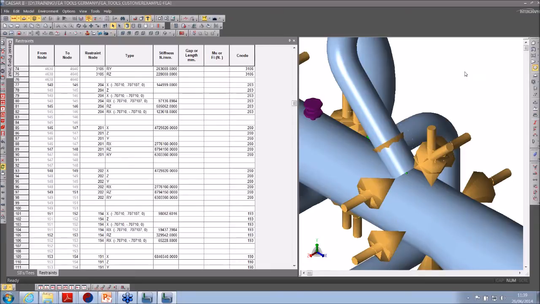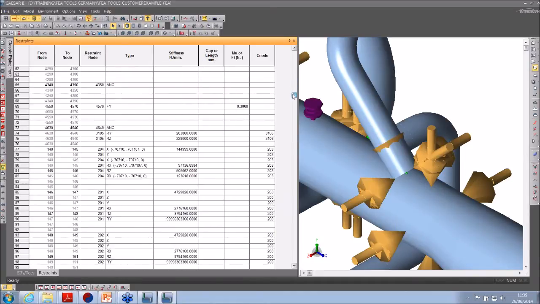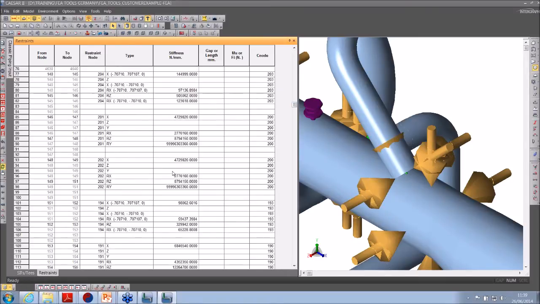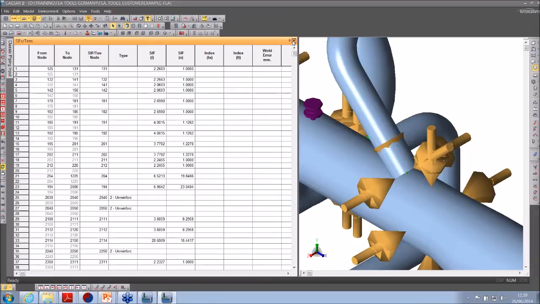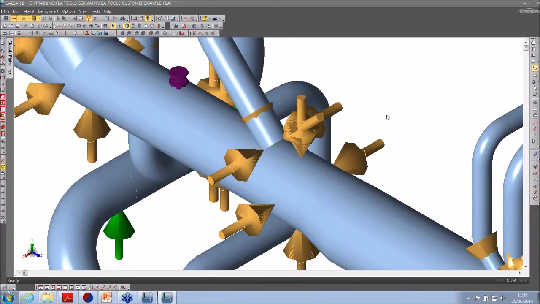Now what we've also got is these restraints here. I've just popped up the restraints spreadsheet, and these are all the restraints. There's a number of restraints at all these intersections, all with a stiffness applied. Well, a lot of them rather, with a stiffness applied, which was that stiffness as was calculated during the FEA run that we saw in the text and the graphical results. These have all been applied as appropriate, with, as you've seen, no input on my part. It's all handled by the software, so that saved me a lot of time,